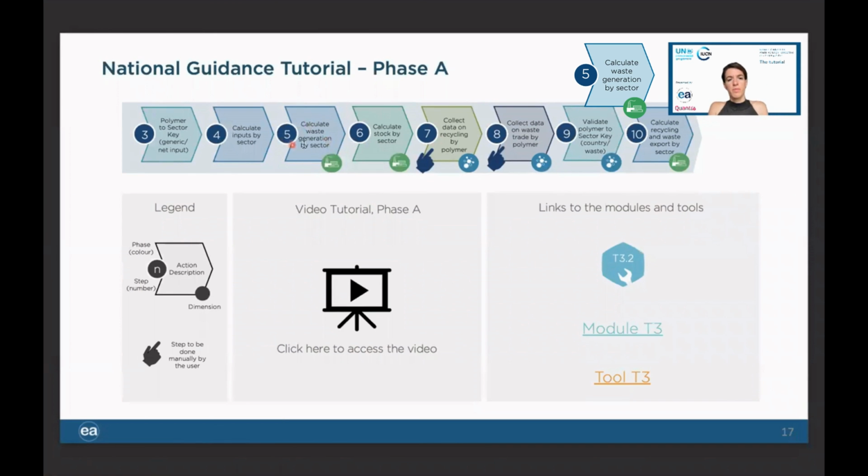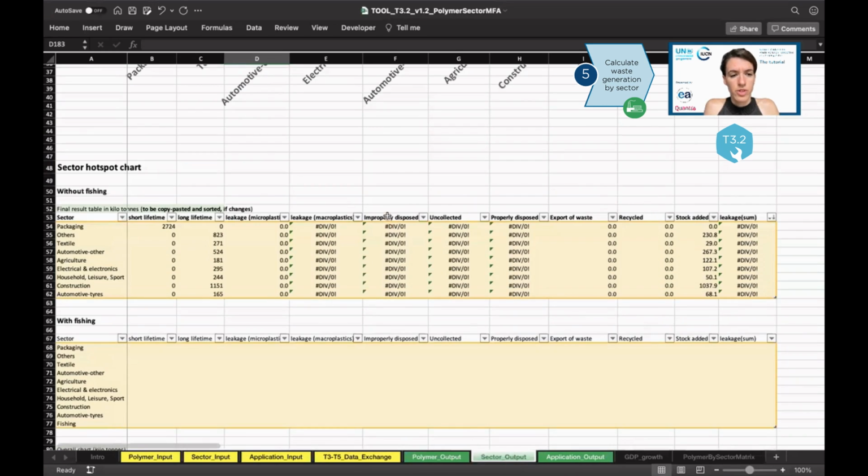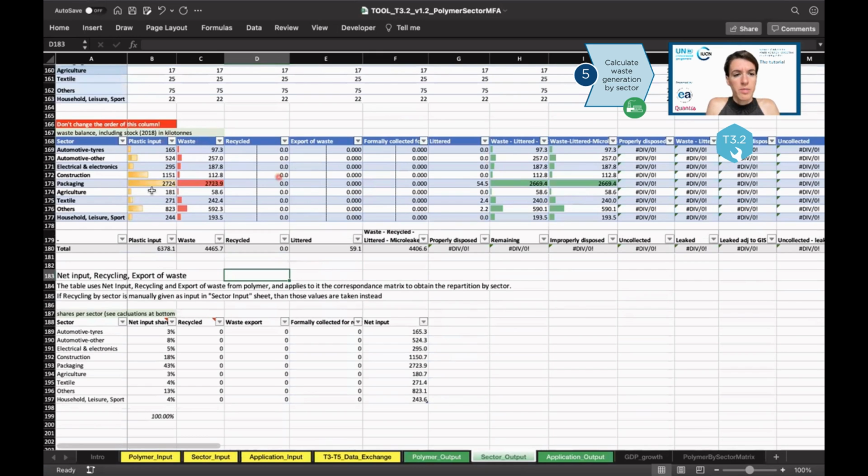Now the next step is going to be to calculate the waste generation by sector, and this is always done in the sector output sheet, but you need to go a bit farther down, and there is a table over here, and here you see that it computed the waste for the different sectors. So it has the plastic input, which is what we see in the graph on top, and then from there it computed the waste. And for example, if you look at automotive, you see that the net input is much